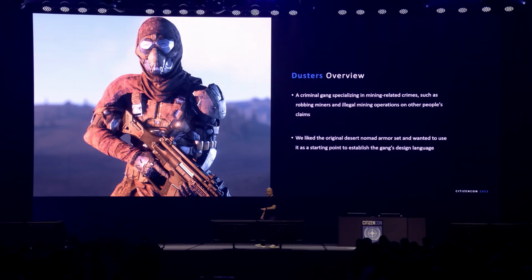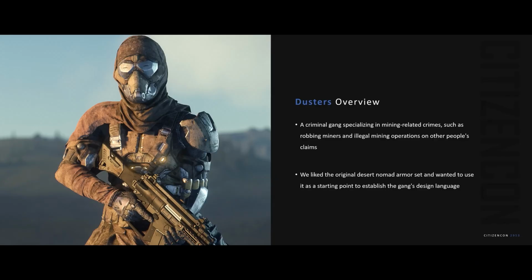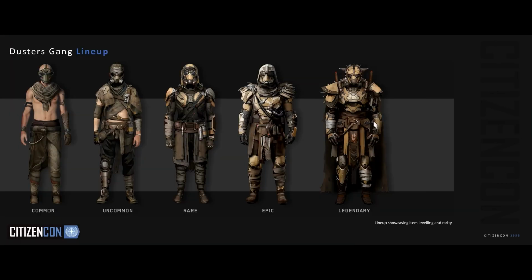So they're looking awesome. Now, the last gang we want to talk about is dusters. So dusters are a criminal gang specializing in mining-related crimes. Now, internally, I love the original Desert Nomad armor. You can see him here, right? Now, I wanted to use it as a starting point to establish the dusters design language. So here we can see